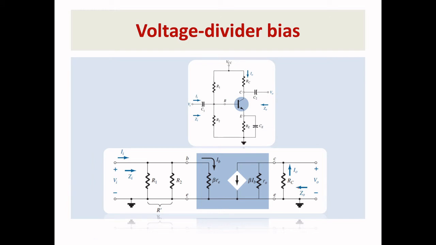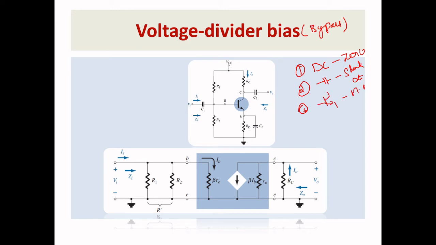Now we will see the next problem, a derivation, that is voltage divider bias with the bypass capacitor. You will see one derivation. What is the first step you have to proceed with? You have to remove all the DC, make it a 0 DC element. Second, you need to short circuit all capacitors. Third step, I want to replace your transistor with the mathematical model, the re model you have taken.